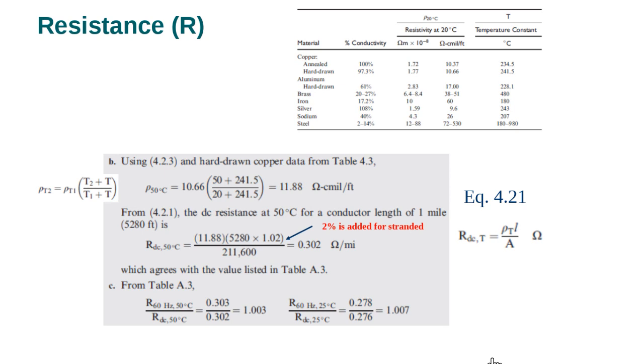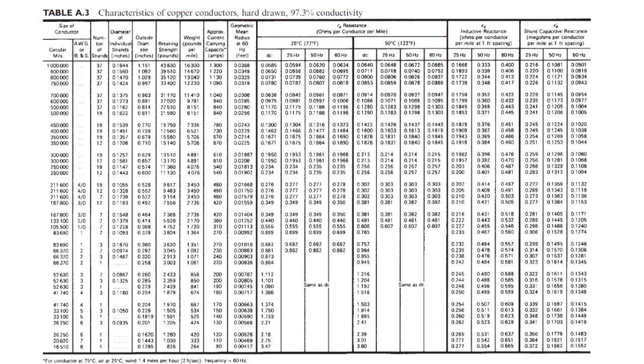Okay, so that's clear. Here we are, for a conductor length of 1 mile, it gives you here 5280 feet. That's good. Or even the example already given to you. For 1 mile, this is 5280 feet. So we know now how to determine the area, to verify this area, given only this part here,